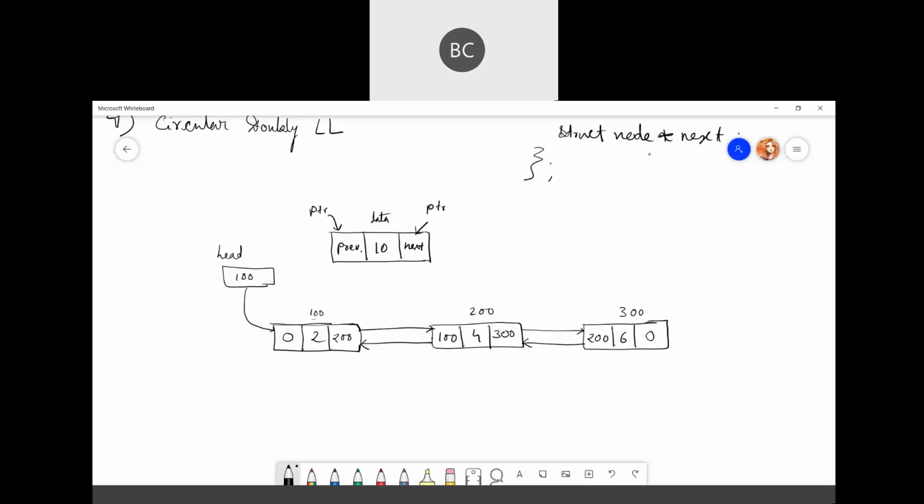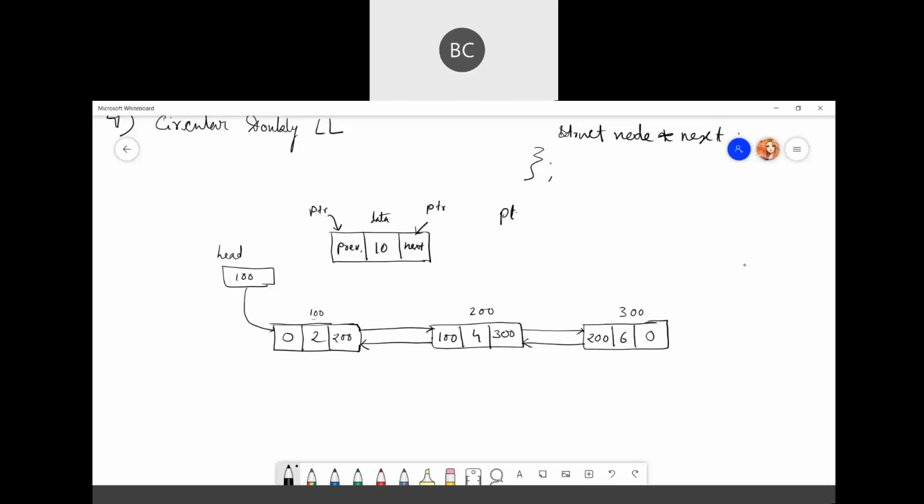Is the structure clear? In singly linked list, a normal node has only data and the next pointer. Here we have pointers for both the previous and the next node. Double linked list. So in double linked list, in the same node, we have the data part and two types of pointer.